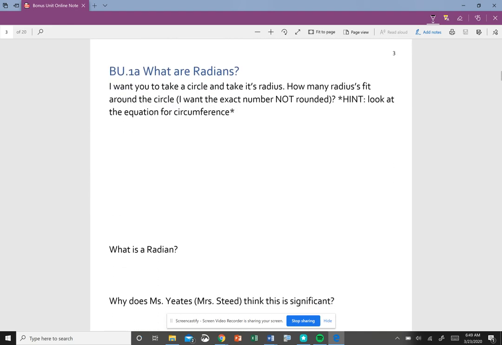So I want you to take a circle and take its radius, and you're going to figure out how many radiuses fit around the circle. So I want the exact number and not rounded. Now, I want you to take a minute and see if you can figure it out. If you're getting stuck, try using that the circumference equals 2 pi r. So see if you can figure out how many radiuses fit around the circumference using this idea. If you're really stuck,